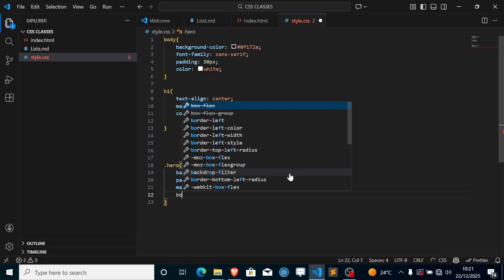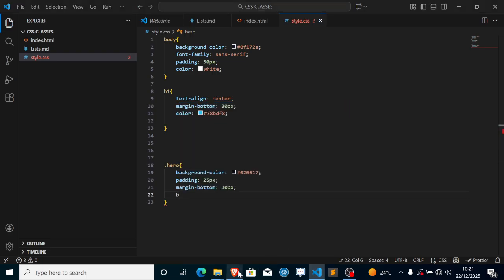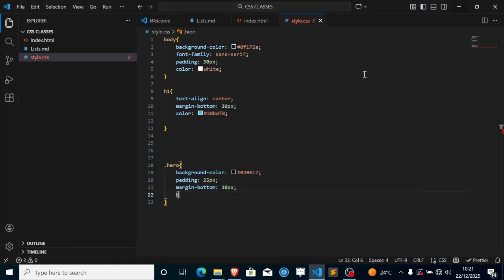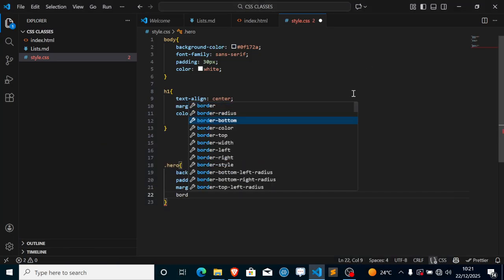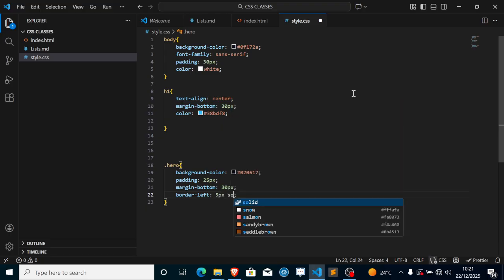border left. And let me explain something here. In the previous part of the video, to explain border, what we did in the explanation was giving all the sides the border. So in this aspect, we are only giving this left side. As you can see, this left side has a border which has a separate color. And how do you target only the left side? You do border left, and let's say we give it 5 pixel solid